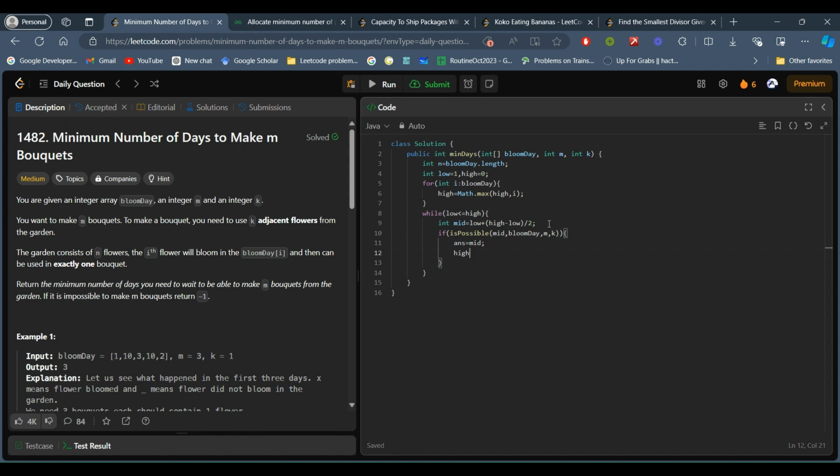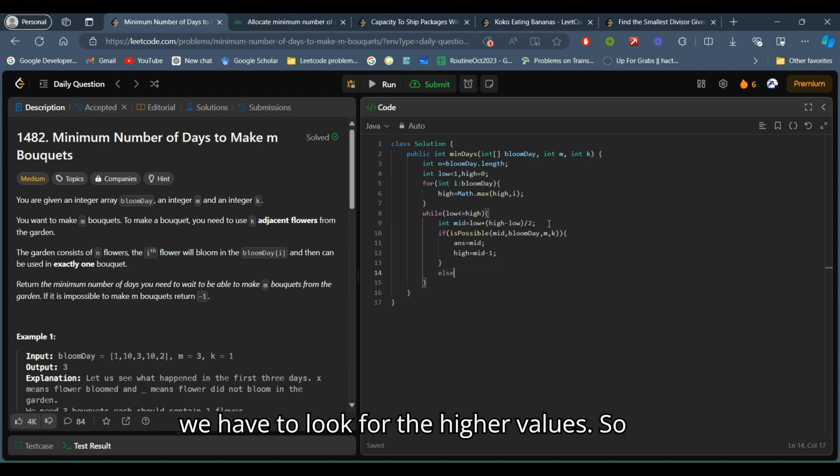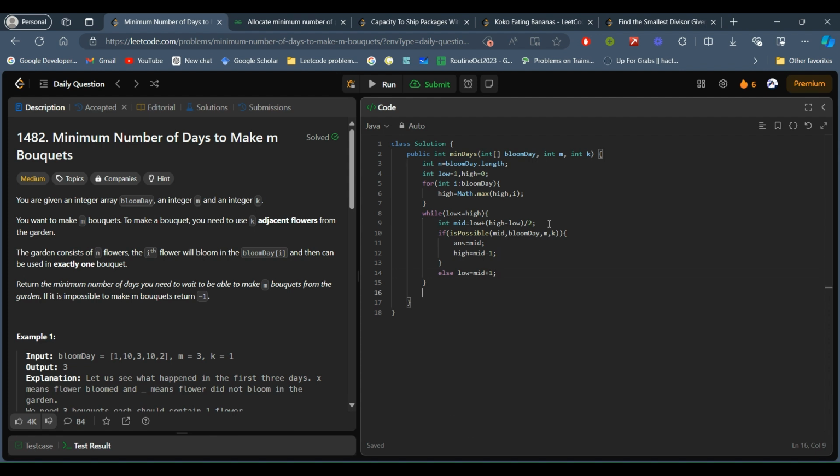So the high pointer should be moved to mid minus 1, and if it is not possible, then we have to look for higher values, so low is equal to mid plus 1. And we return the value of answer.